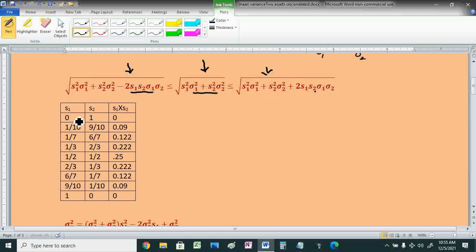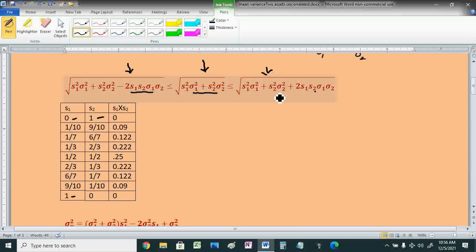Now notice that if either of S1 or S2 is equal to 0, for example in this case as well as in this case, this last term in this left hand side under root will be vanishing, and similarly it will become 0 in this right hand side under root as well, and this means that when either of S1 or S2 is equal to 0, then the standard deviation of the portfolio in which the returns on securities are perfectly negatively correlated will be equal to the standard deviation of the portfolio where the two returns are totally uncorrelated to each other, and that will also be equal to the standard deviation of the portfolio where